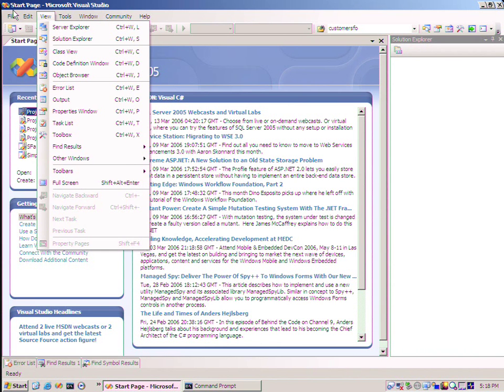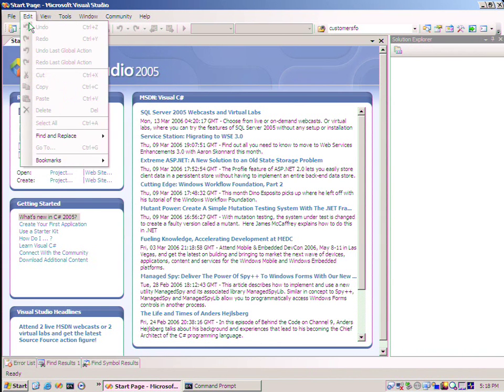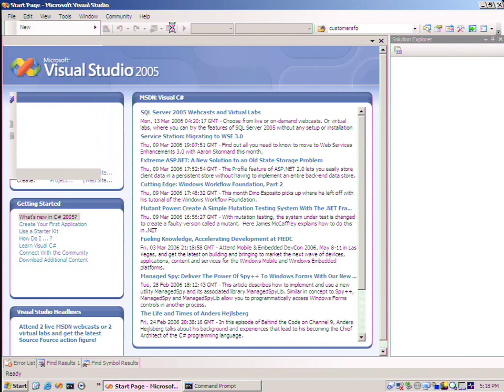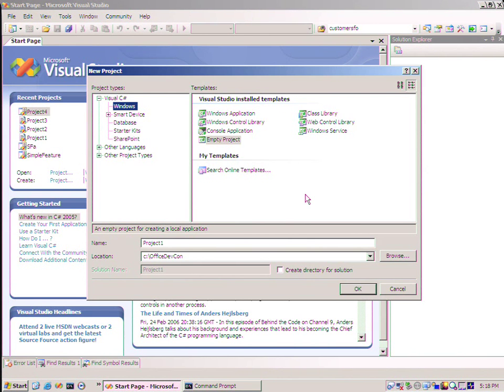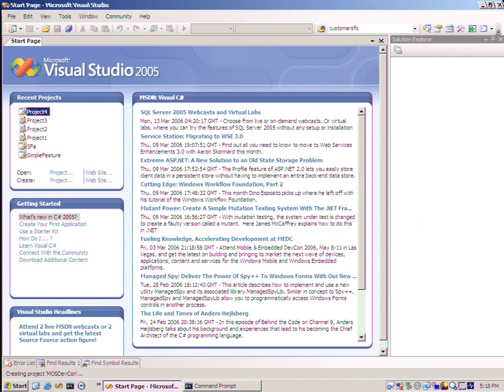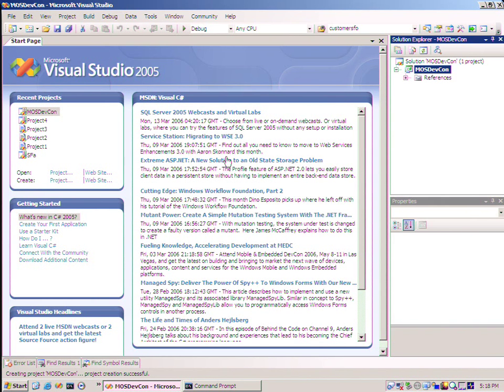All right, let me get the mouse set up. Okay. And so what I'm going to do is go ahead and just select an empty project type. And I'm just going to call this Microsoft Office DevCon and get that started. Now, what I want to do is basically build a page that can get provisioned into SharePoint. I just want to build a simple HTML page that uses the feature infrastructure to go ahead and put that into SharePoint. So step one is I'm going to be creating some XML,